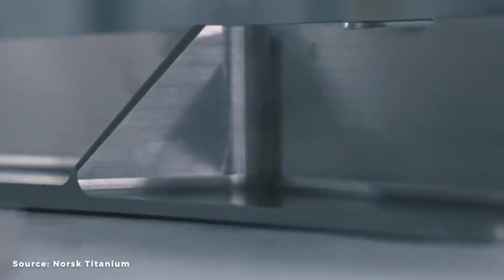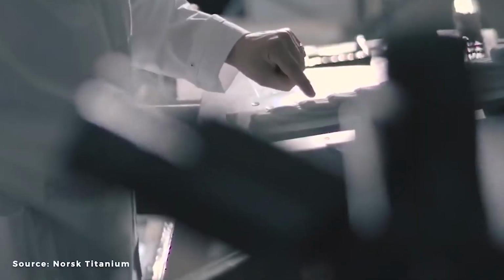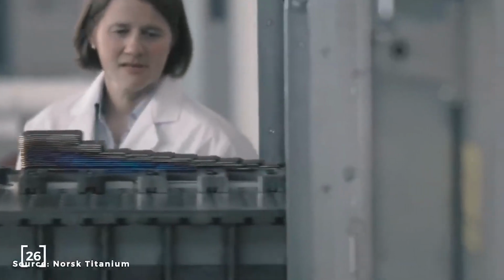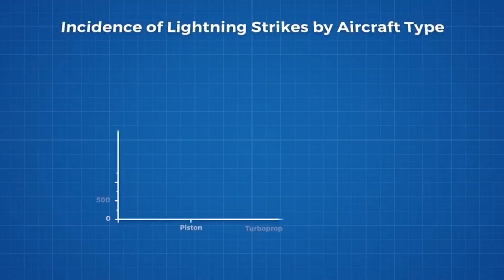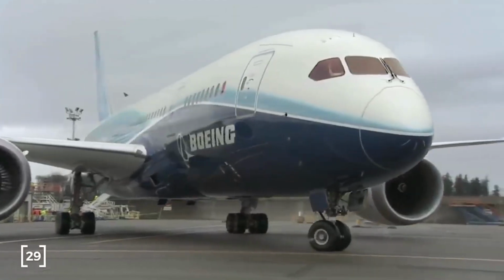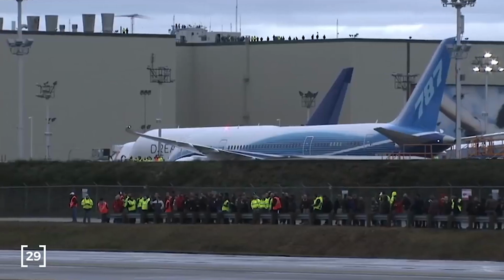Because composite materials are poor conductors, Boeing also eliminated copper from their wing design in order to reduce costs. Between 1950 and 1975, lightning strikes happened once every 3,000 hours of flight time. Resistive heating caused 42–46 holes in the fuselage. To guarantee such a disaster never occurs again, the aviation industry has put in place stringent safety protocols and conducted